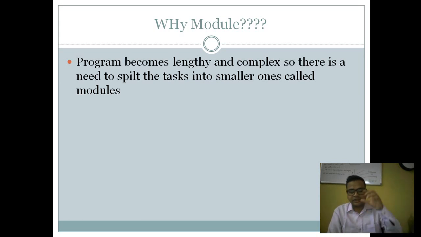We'll demonstrate this, and then only it will be clear to you how a module is made. But we will also discuss some of the predefined modules that are available in the library of Python. Clear? So this is why there is a need of using the module: if we do not use the module, the length of the program will become more and more lengthy and complex. So there is a need to break or partition the task into smaller ones. Clear? And then you just name them in a single group and name it as a module, and that can be anything. You can define a module as anything. That is the way to define a module. So that is the requirement of why you are using the module.